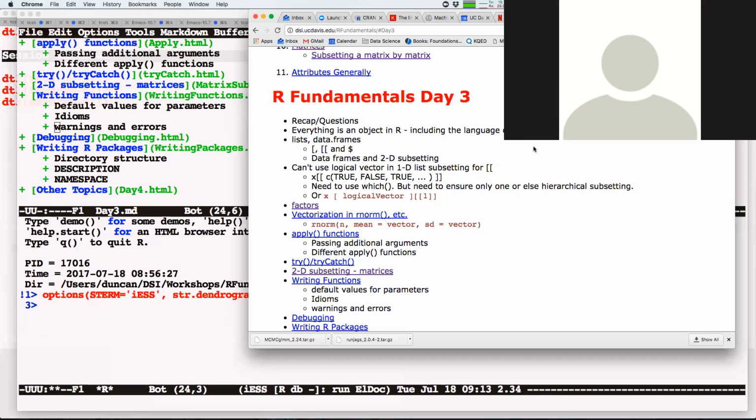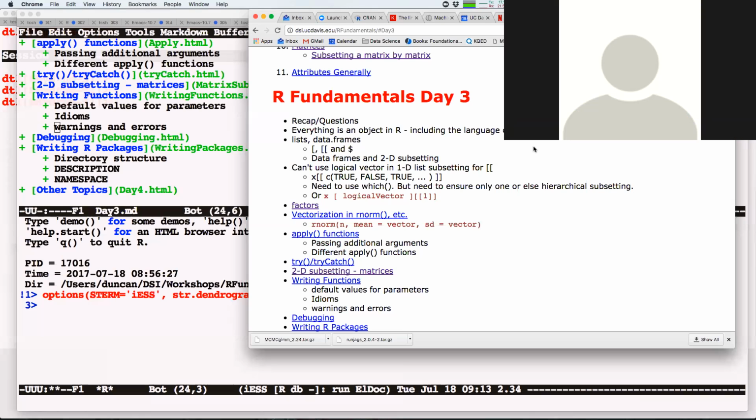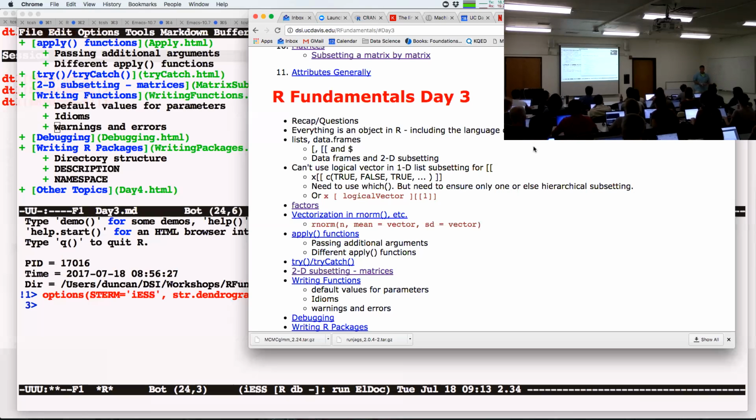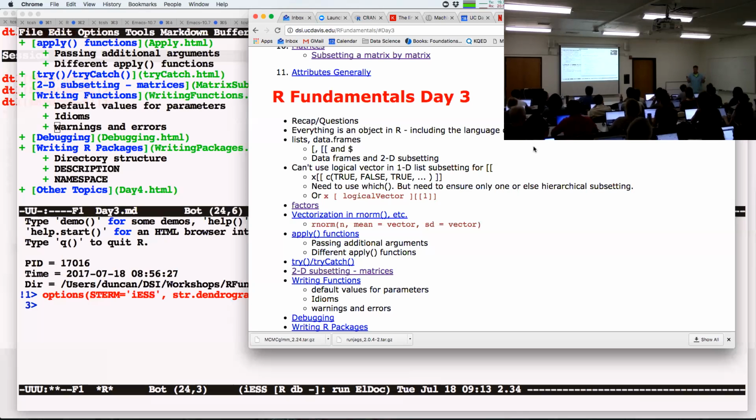Anything else? So just a quick recap, just to make sure that you should have questions. Okay, what are we doing? We talked about the recycling rule. This is very important. A lot of the times you don't care about it. A lot of the times you've got a vector that looks like this, and you've got a simple scalar value, and you don't even think about it. It just works the way it's supposed to work. But remember, this is an object of length 2, and we're doing some operation. And remember, almost everything in R is vectorized.